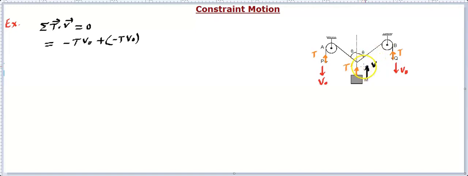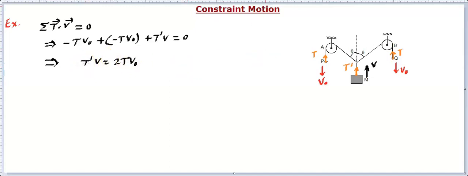Now let's do this dot product for this block. It is going to be plus T dash v equal to 0. From here we can find this thing. So let's proceed further, and we can write it as T dash v is equal to 2T v0. Now here T is not getting cancelled out, so we need to find a relation between T dash and T.